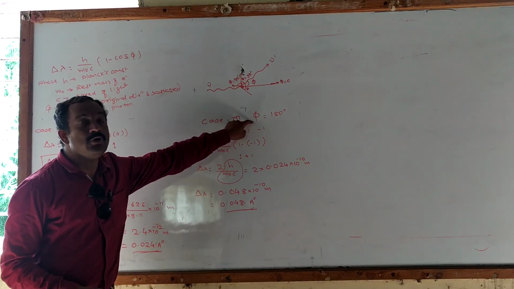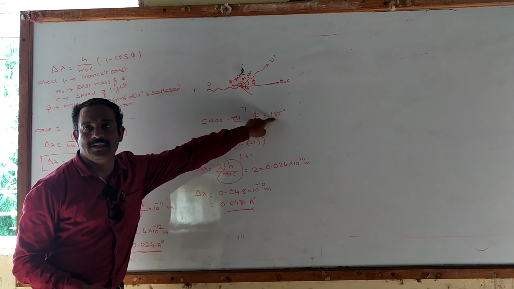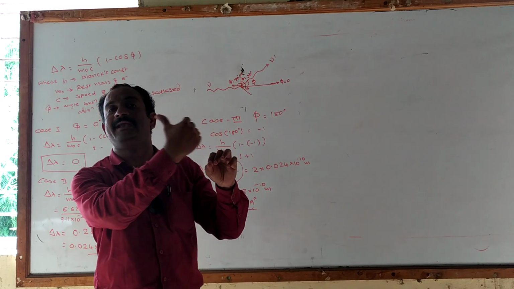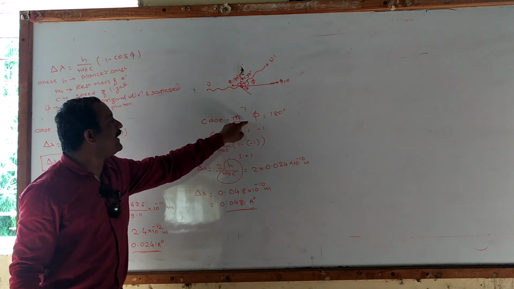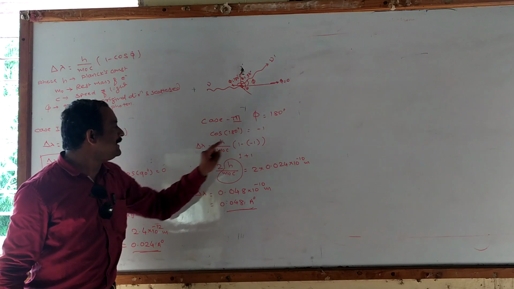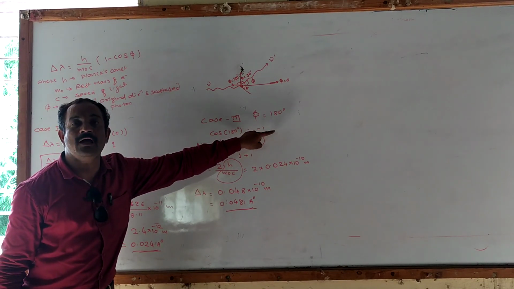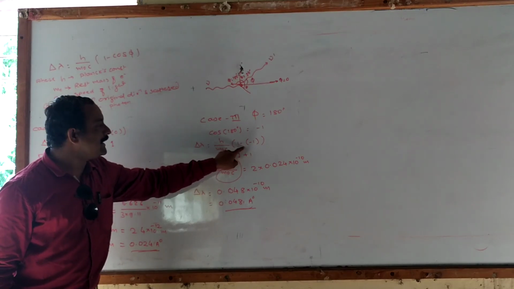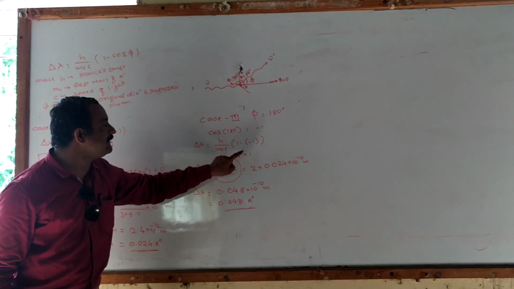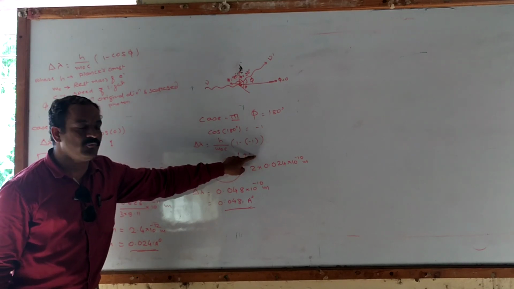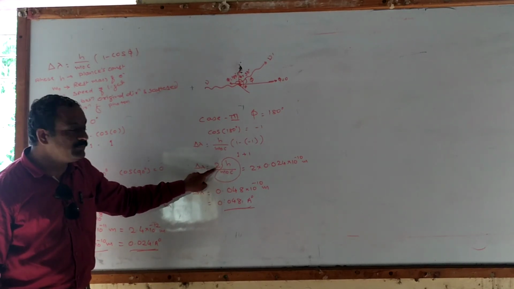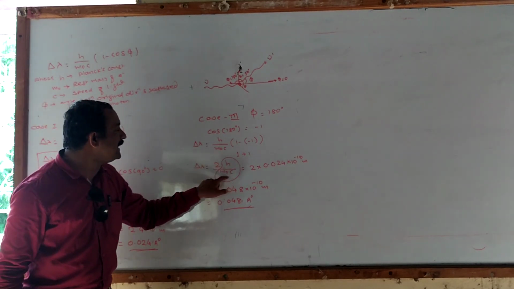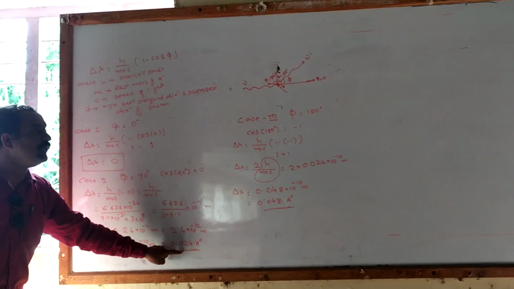Okay, now this is for phi equals 90 degrees. If I take another value, phi equals 180 degrees, meaning the photon is incident on a rest electron and then gets reversed back, then cos 180 becomes minus 1. Putting that in the bracket, 1 minus (minus 1), minus into minus becomes plus, 1 plus 1 becomes 2, and the rest of the part h upon m0 c stays as it is. Okay, we have already calculated this h upon m0 c.